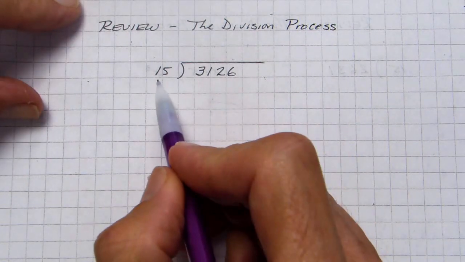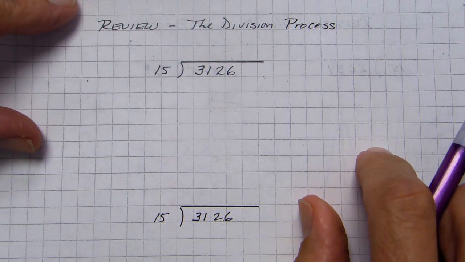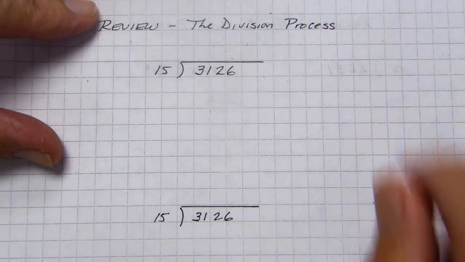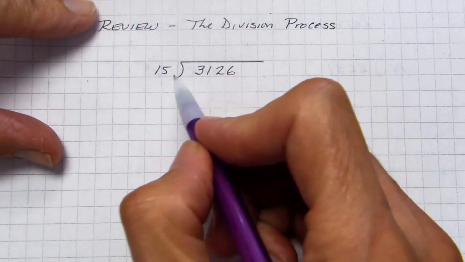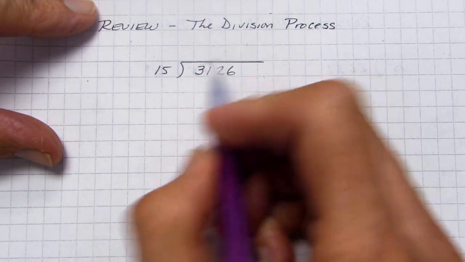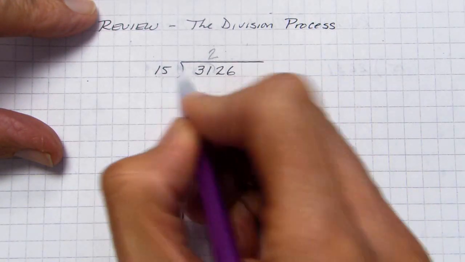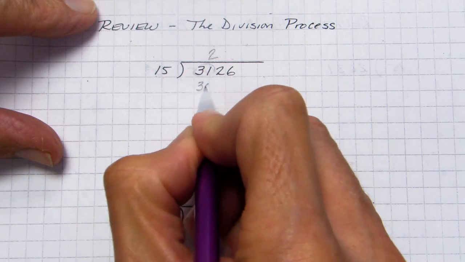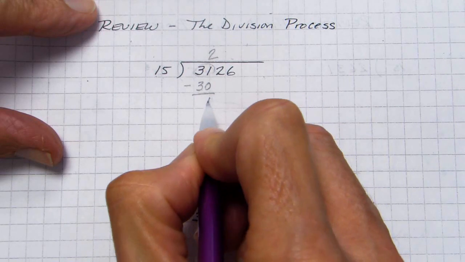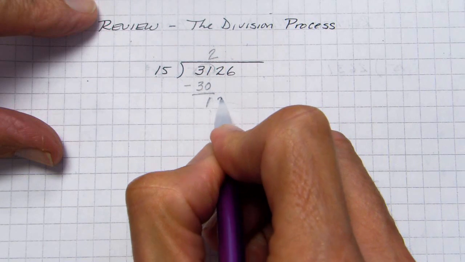So we'll start with this example. I want to divide 15 into 3,126. I'd like to see how many times it goes in. The first type of division we call long division, where you're not looking at the whole thing, but you're looking at 31, and you say, well, 15 goes into 31 two times, and then 2 times 15 would be 30, and then I subtract that from 31, and I'm left with a remainder of 1, and then I bring down the next number, which is 2,